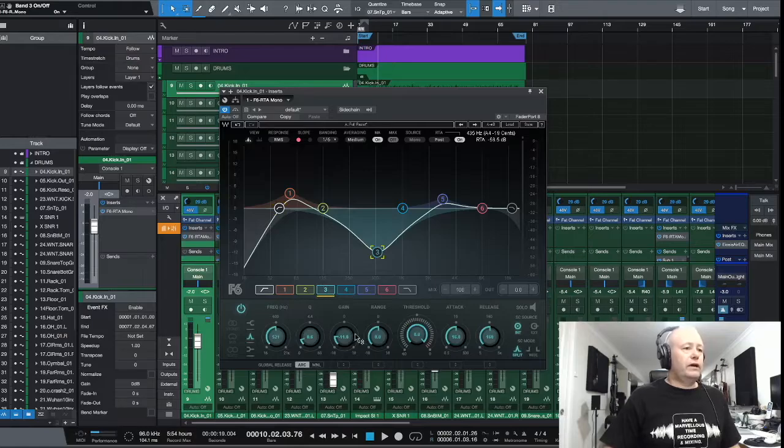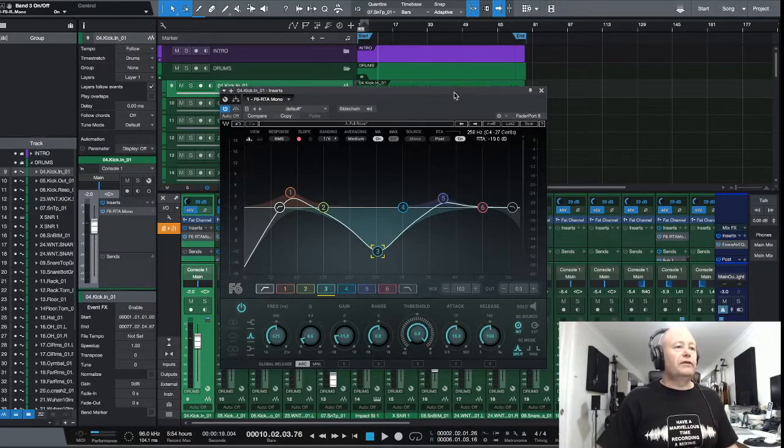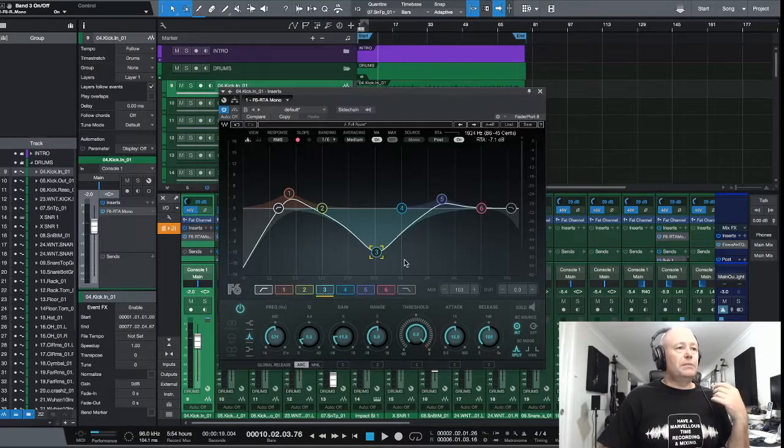So on band 3, I took out some 500. That's something I learnt from Andrew Scheps in drums, is 500 is not a great frequency. Warren tells us 350 is also not a good frequency, but I think with the Q settings on this, it's caught a lot of that 300 mark anyway. As you can see, it's sort of taking up everything from 250 to 1K, but right on 500. So taken that out, and I've also boosted the 5, which is the